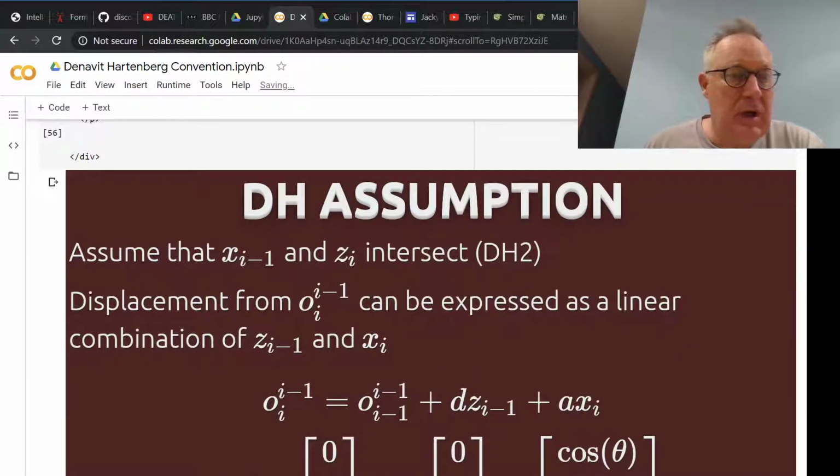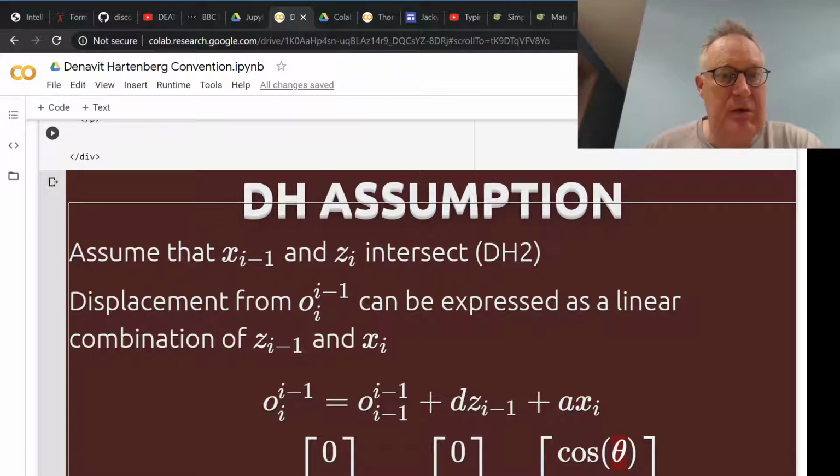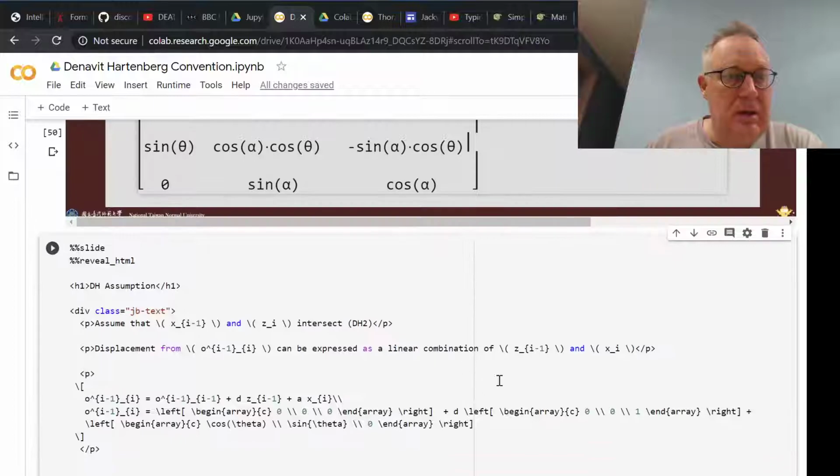That means O i minus 1 to I along z is 0. There's no displacement here, plus the displacement along z, plus, and then we rotate to align with x. That rotation depends on the joint coordinate theta,